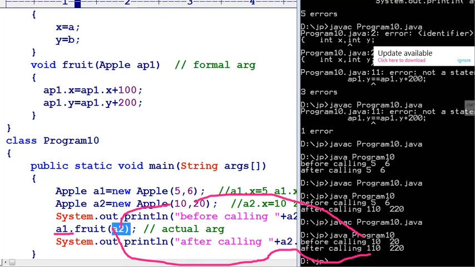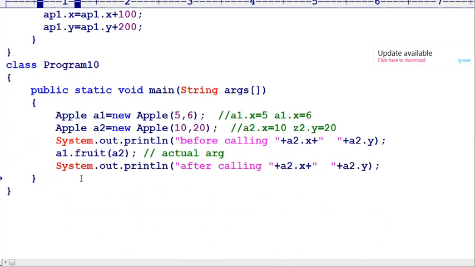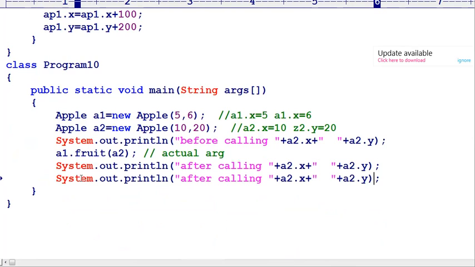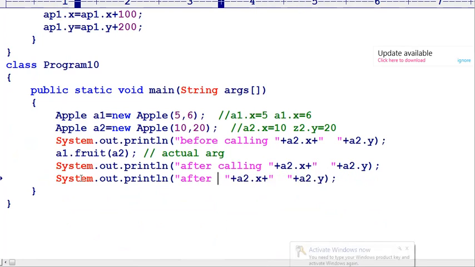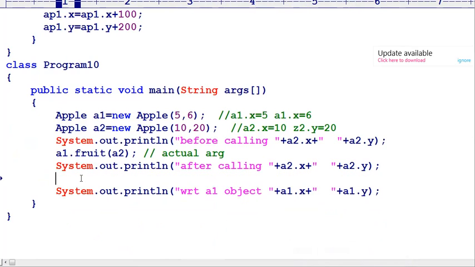So let us consider each and every step. This is a useful step. I can execute with respect to A1. Without calling, the values with respect to A1 are not changing. We are only changing the values through A2.x.